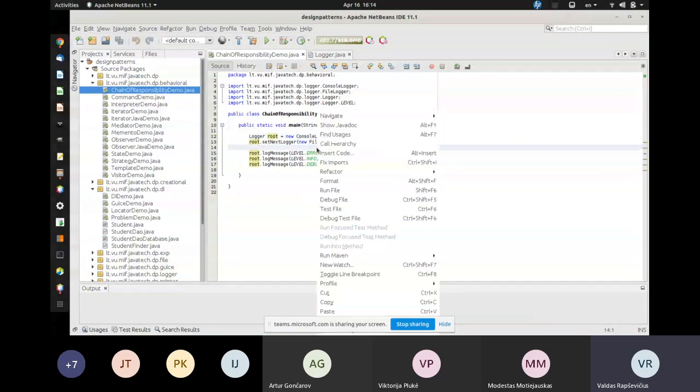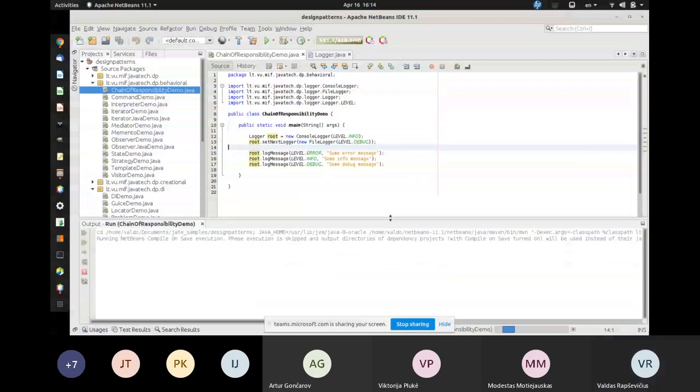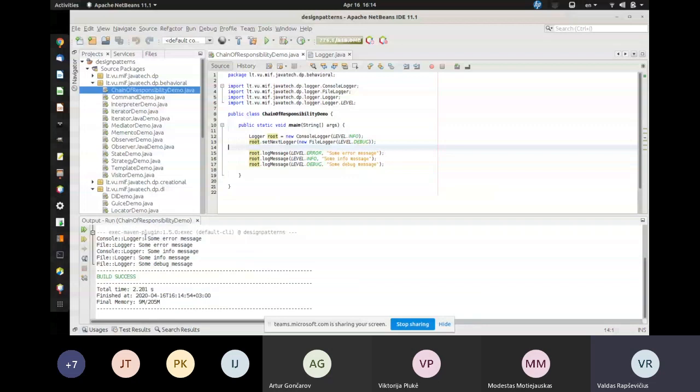If you run the file, you will see that this message, some error message, some info message, some debug message, is being passed from the console to the file. And this is to the file. So basically, this specification of what here